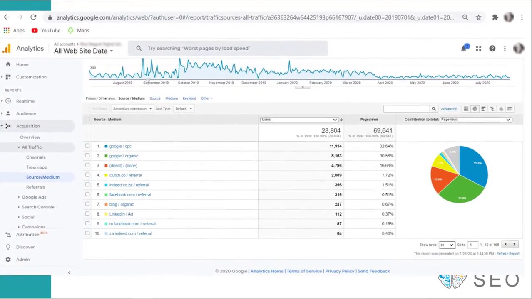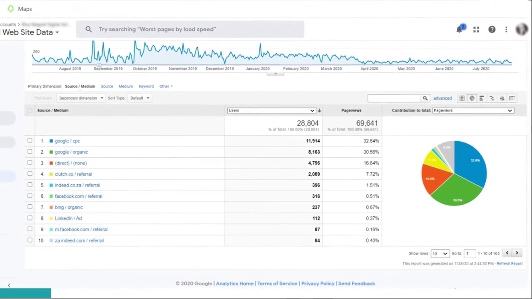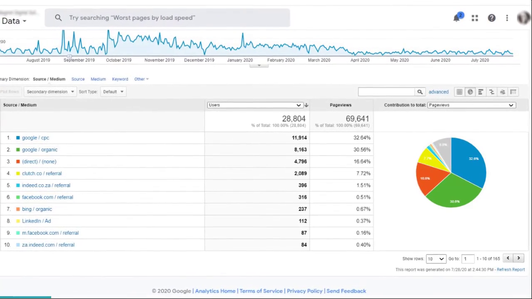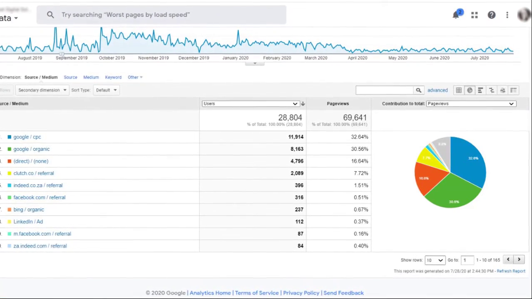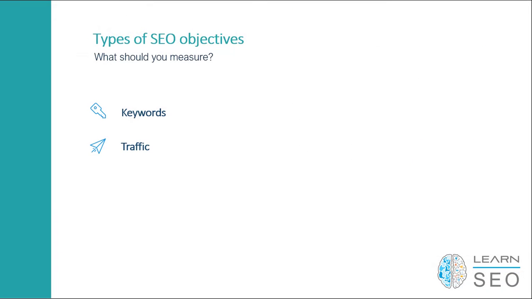And when we talk about traffic, once again, we are talking about traffic as a result of SEO. So when we look at our Google Analytics, we want to see how much traffic we're currently getting today from organic search. And then we want to set a benchmark or an objective in terms of how much traffic we ultimately want to be achieving within the same given 3, 6, 12, 18, or 24 months.